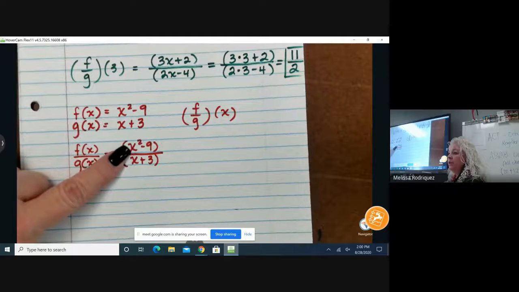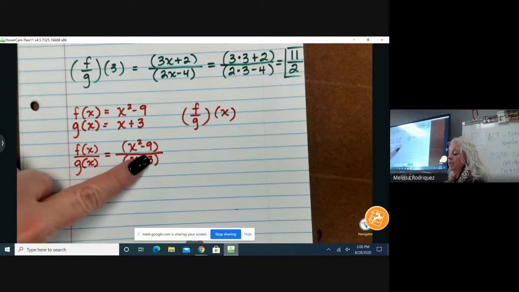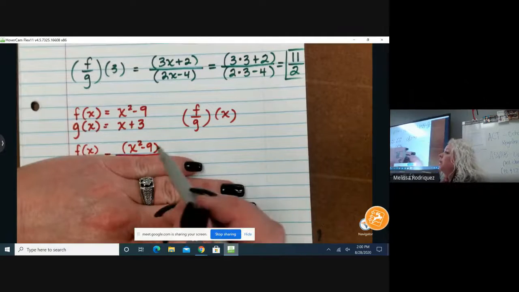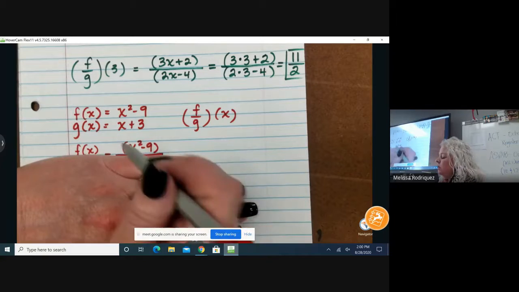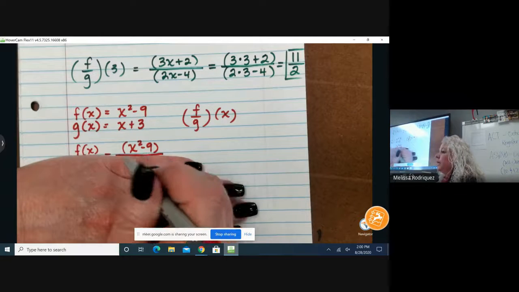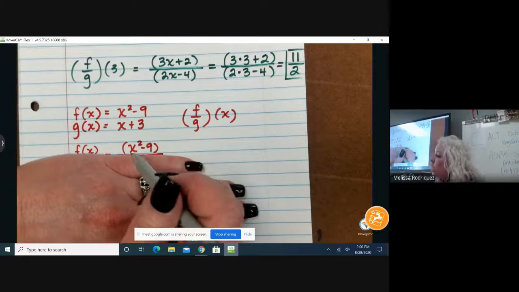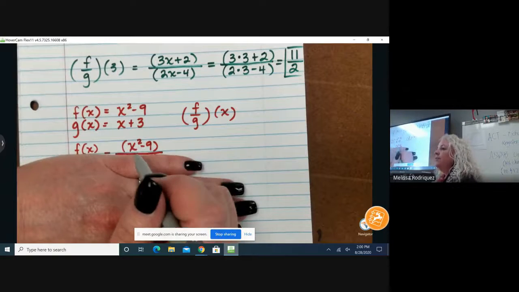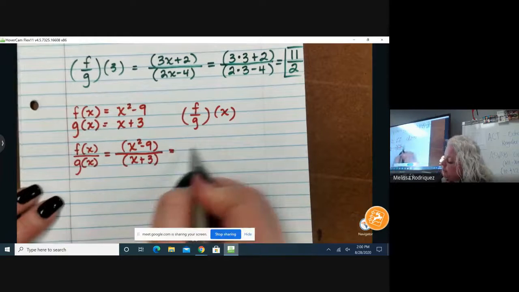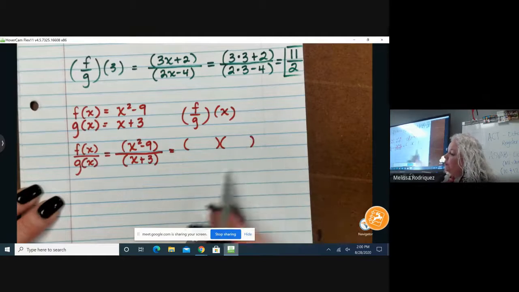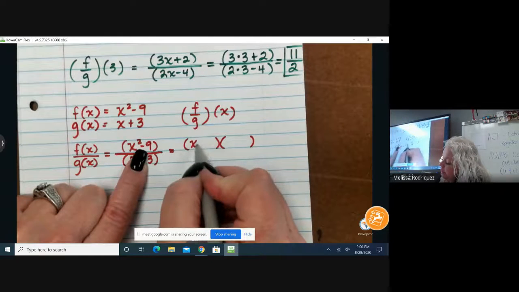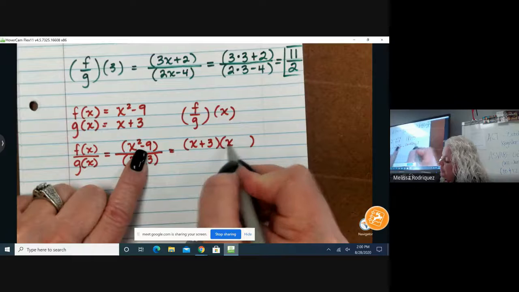You see that x squared minus 9? What would I call that? What kind of operation is it? When I look at x squared minus 9, what kind of problem is that? Subtraction. What's another word for subtraction? Difference. Do I have the difference of two squares? Yes, I do. So open two parentheses and factor that for me. x squared minus 9 changes to x plus 3, x minus 3